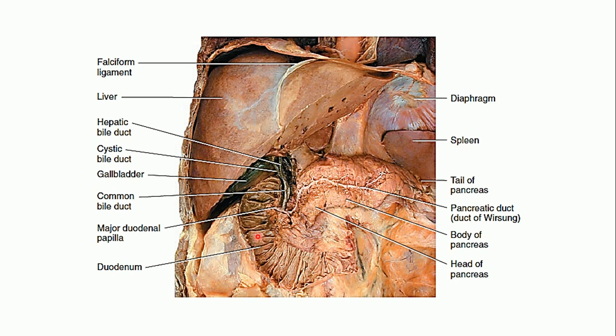So this is an actual picture. That's the duodenum, which is the first part of your small intestine. This is the liver, this is the spleen, and this one is your pancreas. That's the head of pancreas, body of pancreas, and the tapering tail of pancreas. And as you can see over here, the pancreatic duct is clearly visible. And this is the common bile duct, which is coming from the liver and the gallbladder. It is uniting with the pancreatic duct and forming a hepatopancreatic ampulla, the expanded portion, and it is opening at the major duodenal papilla.